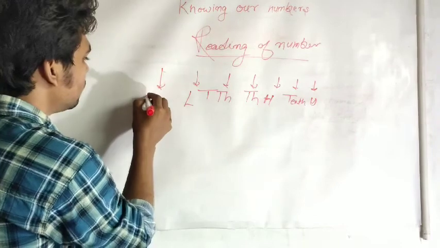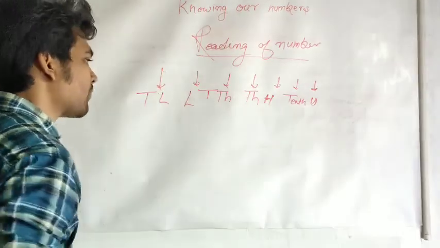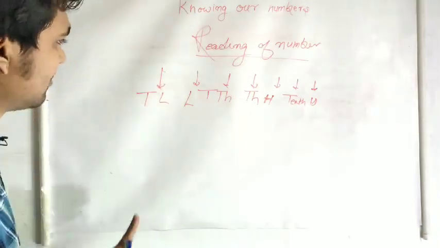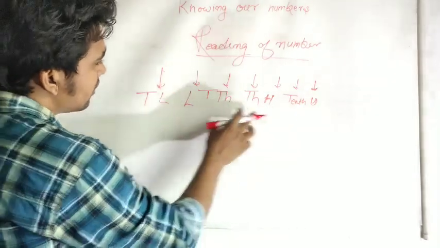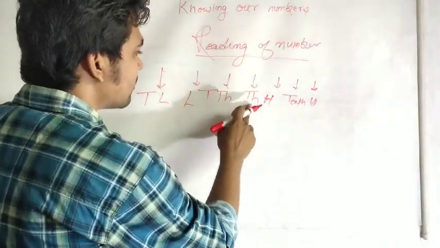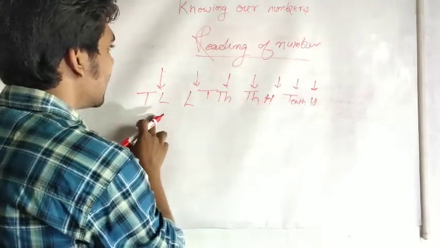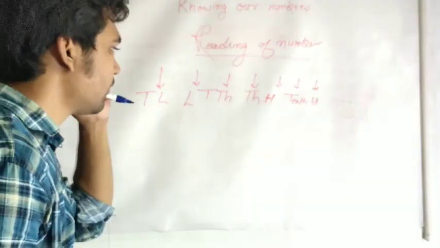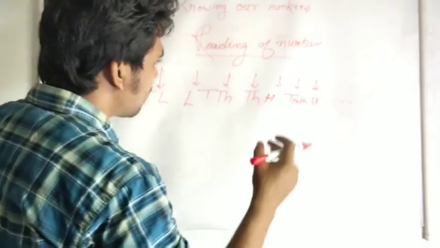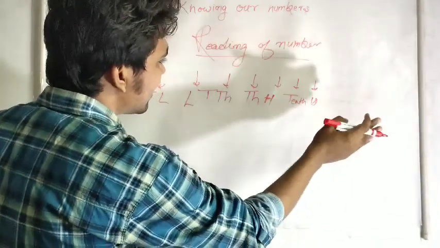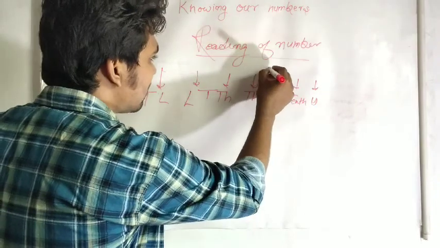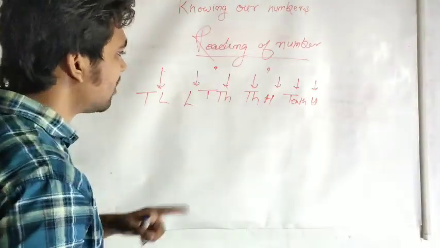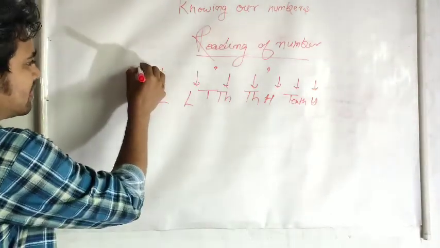At the 7th place we use 10 lakh, that is TL. So here are the brief letters for denoting the places. What we read: unit, tenth, 100, 1000, 10,000, lakh, 10 lakh. In the Indian method we use comma from the right side. The first comma would be at the 3rd place, the second comma would be at the 5th place, and the third comma would be at the 7th place.